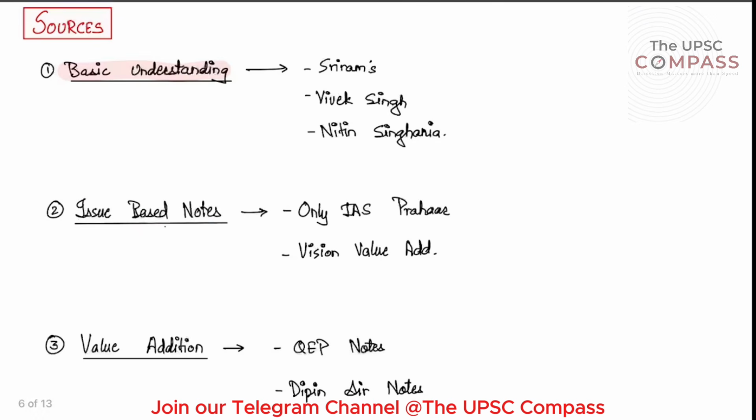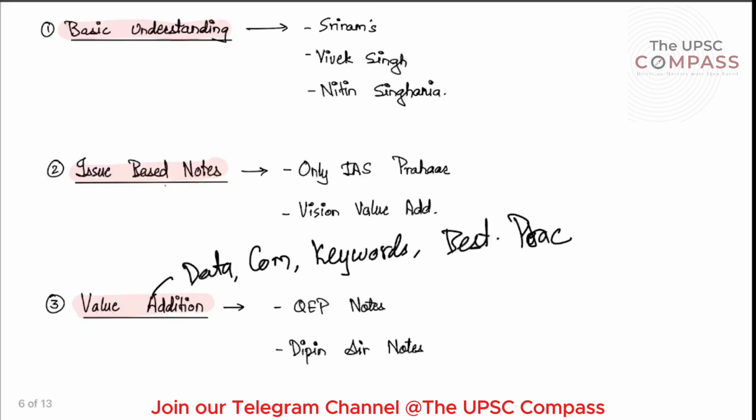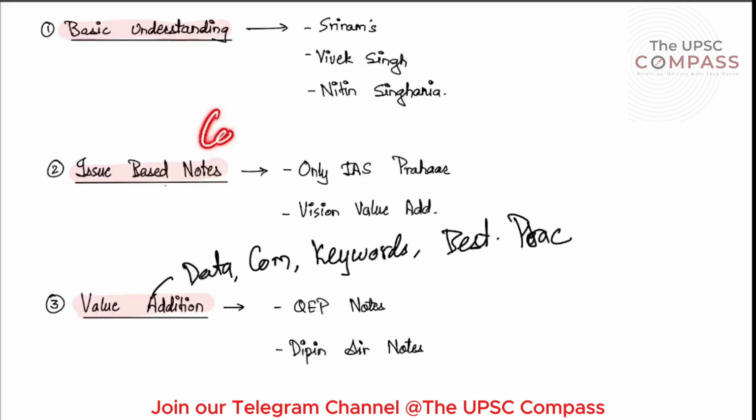Now once you are preparing such issue-based notes, you also need to incorporate value addition. This value addition includes all the data, all the committees, all the keywords, all the best practices. The best source to collect all the value addition when it comes to economics particularly is QVP notes by MK Yadav sir or Dipin sir's current affairs notes. Both these sources will give you very rich value-added material. So use them and include all this value addition in your issue-based notes so that your notes become consolidated